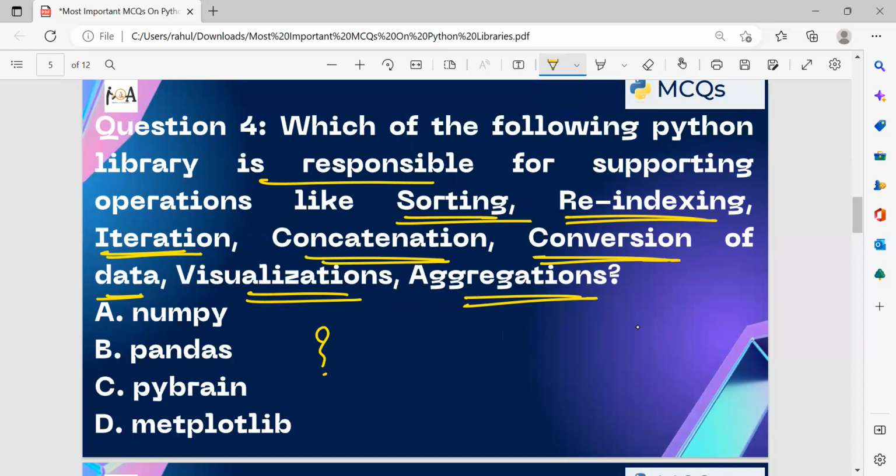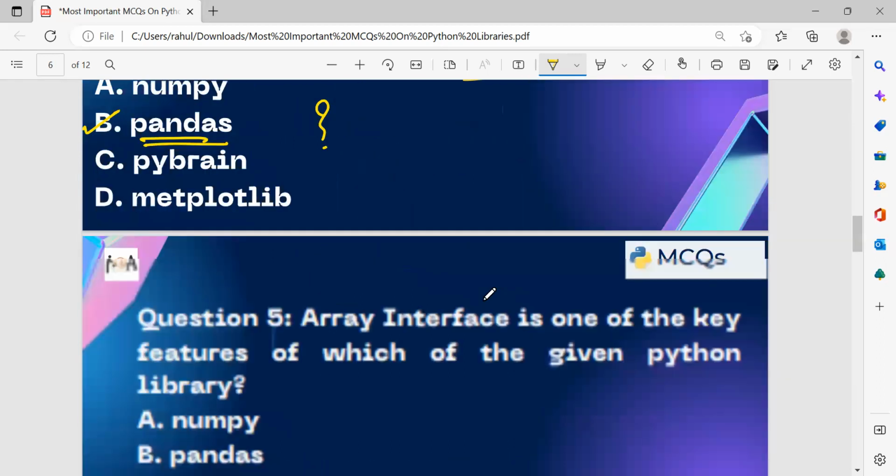So basically, if you want to do these functions you can do it with the help of the pandas library. With the help of pandas you can sort out the complex data, right? You can sort them out, you can reindex them, you can concatenate them, you can visualize the data. All this task can be done with the help of the pandas library.